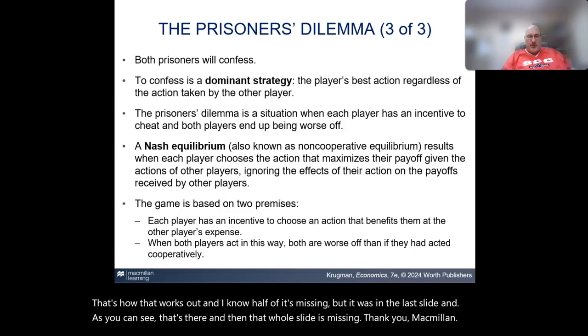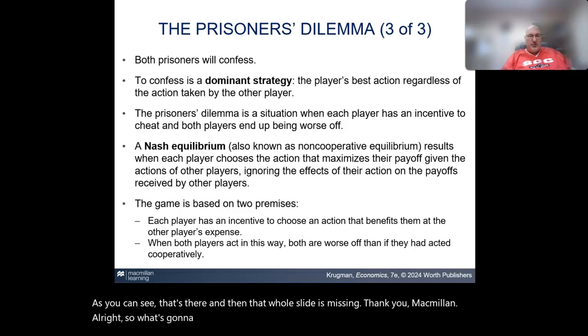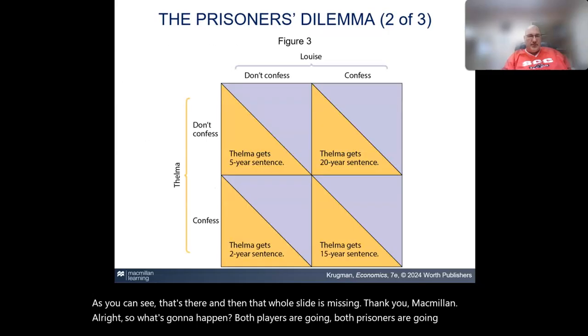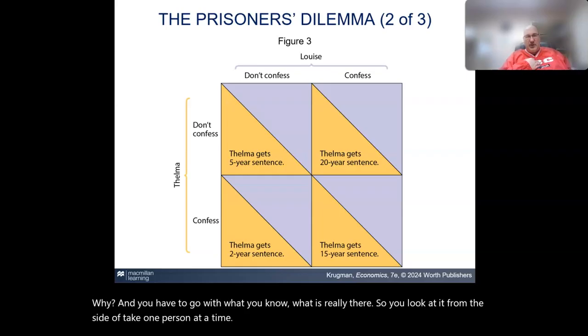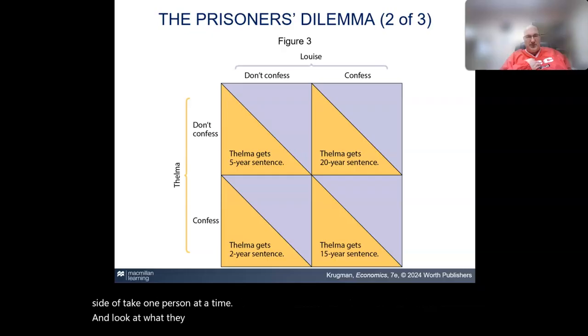So what's going to happen? Both prisoners are going to confess. Why? You have to go with what you know, what is really there. So you look at it from the side of taking one person at a time and looking at what they would do based on the other person. So we look at Louise first. Louise looks at it and says, okay,